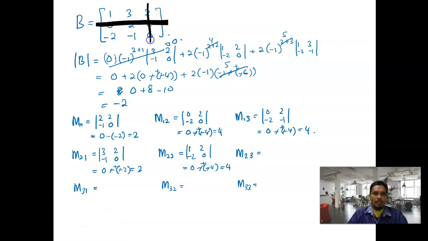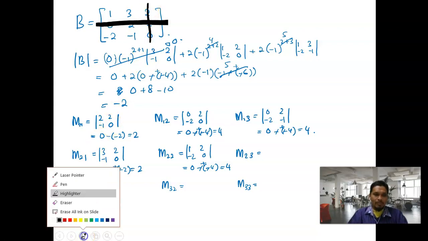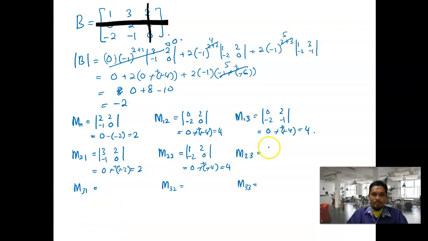Then hide the element in row 3. Okay, so we have 1, 3, negative 2, negative 1. 1 times negative 1 equal to negative 1 minus 3 times negative 2 equal to negative 6. Negative become positive here. So 6 minus 1 equal to 5. So for M31,